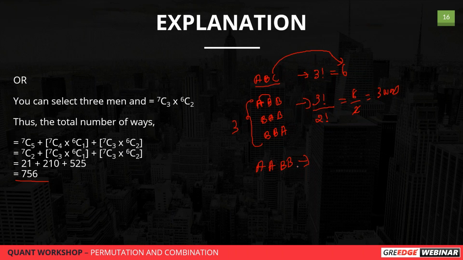Okay, what I said is the first logic. The numerator: how many letters are there? 1, 2, 3, 4. 4 letters. In general, how many ways can we arrange them? 4 letters can be arranged in 4 factorial ways. Now, how many letters got repeated? Here, A got repeated 2 times. This duplicate will create 2 factorial ways of duplication. And B got repeated 2 times. It will create 2 factorial repetition. So this will be 24 divided by 2 into 2. So this will give you 6 ways. So A, A, B, B can be arranged in 6 different ways.